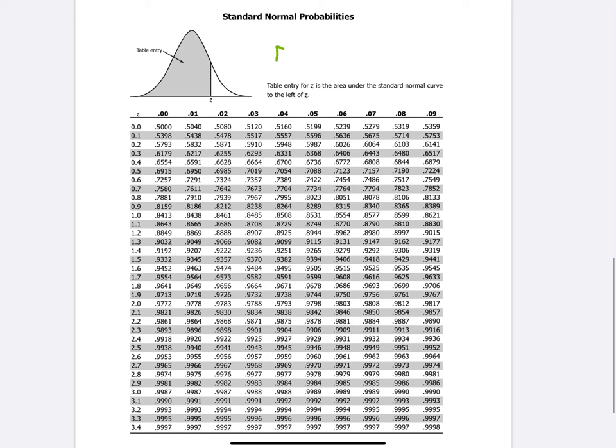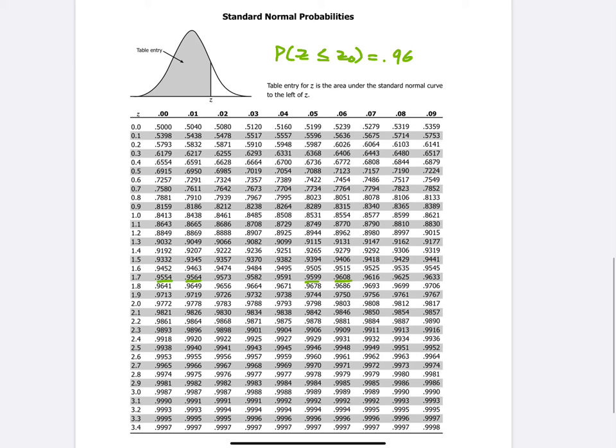Again, we want to find the z value such that the probability that z is less than or equal to z0 is 0.96. So you want to go into the interior of the table and look for 0.96. If you look here, we're going to have 0.9554, 0.9564, and so on until you get to 0.9599. Then the next entry is